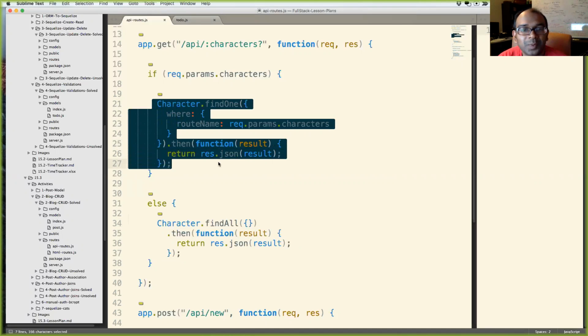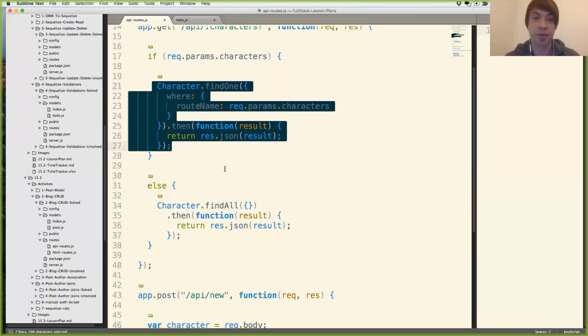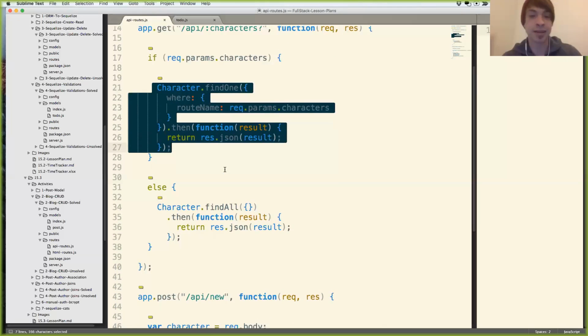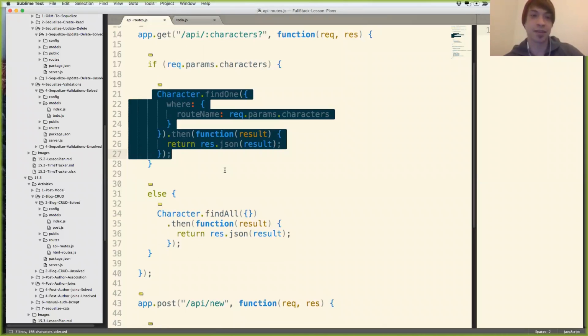Find one, find all. So the main difference I would say is find one, there might be multiple things that match the query. Like there might be multiple route names that are Yoda or whatever, but it's going to find the first one and just send that back and stop.